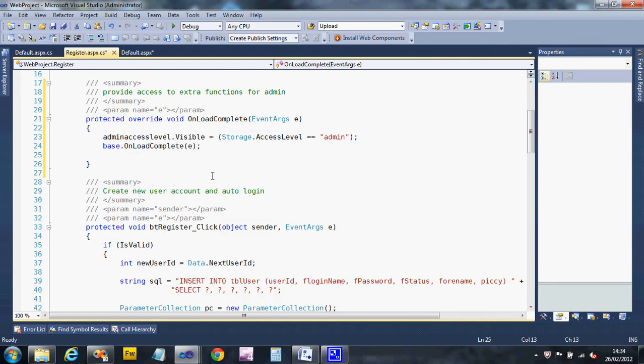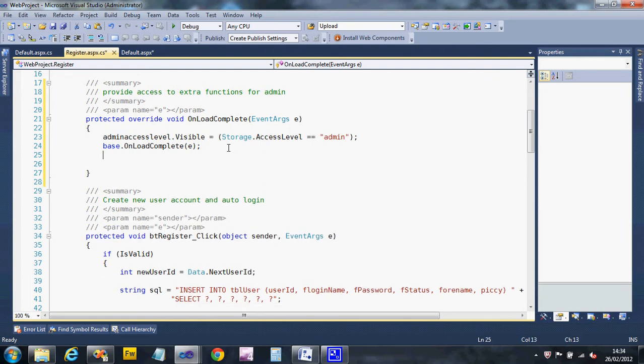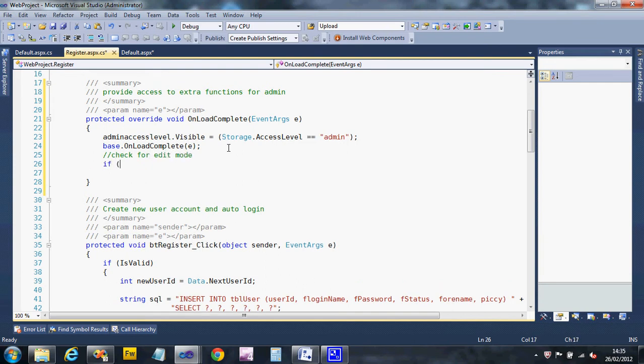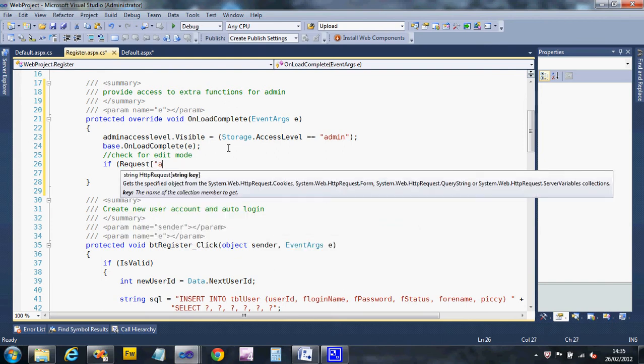Okay, what we want to do is check to see if that query string has got anything in it. So we're going to put some comment in here so we know what we're doing. We're going to say check for edit mode. Okay, so we're going to say if, and then we request the query string value A, because